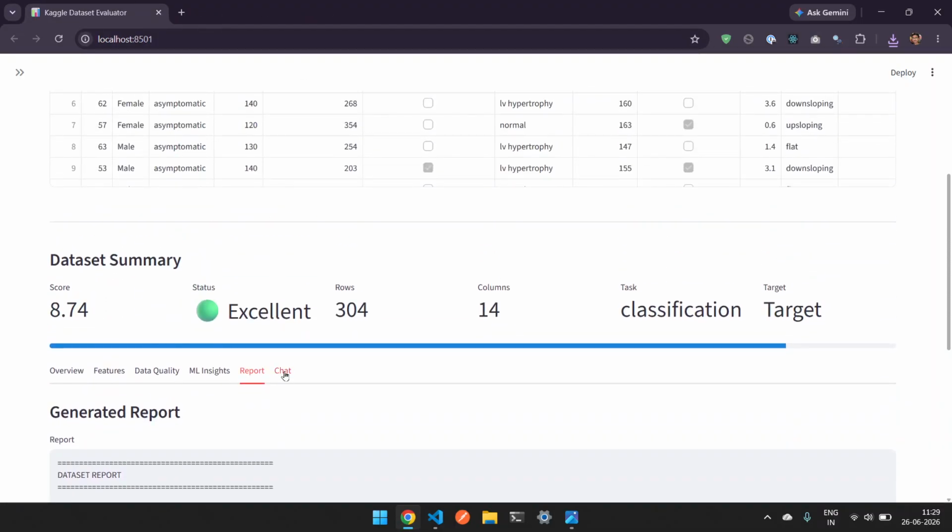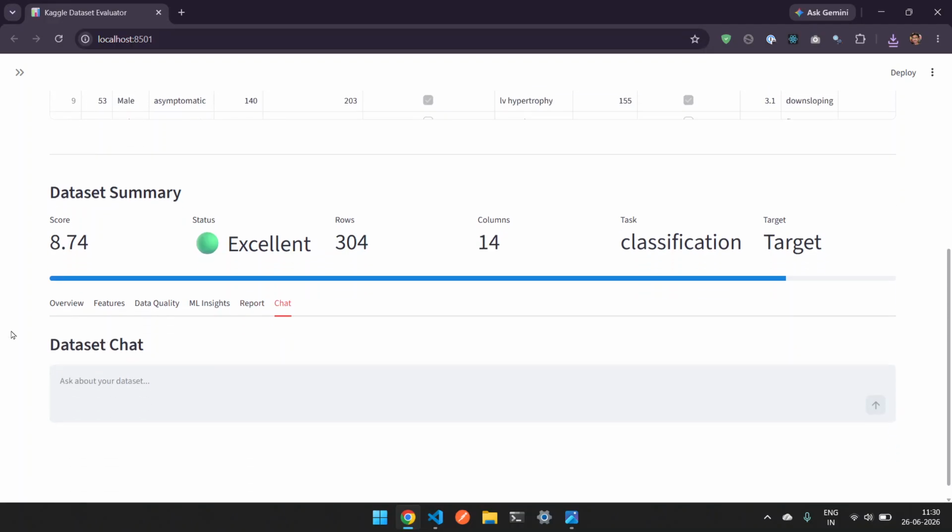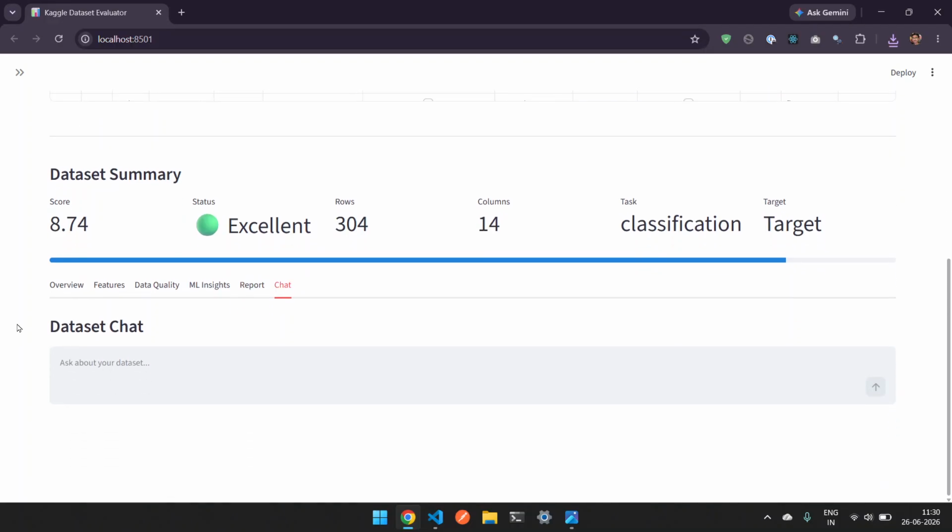Next, the most important feature of this project is the chat feature. Unlike the other chatbots, this chatbot is dataset specific, which means the agent already knows the analysis results of the uploaded dataset. Therefore, it can provide dataset specific answers rather than general purpose answers. We can ask it a question like,